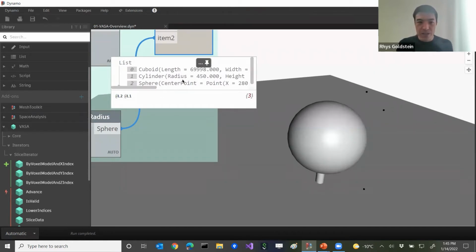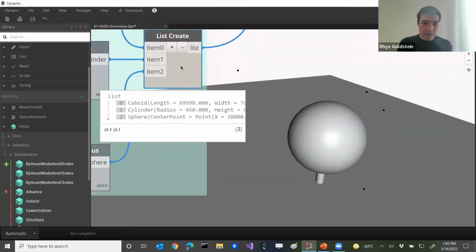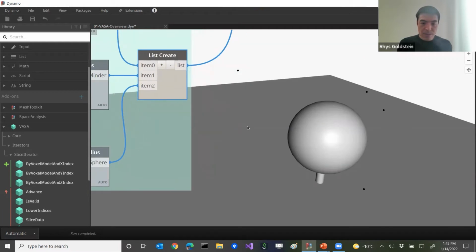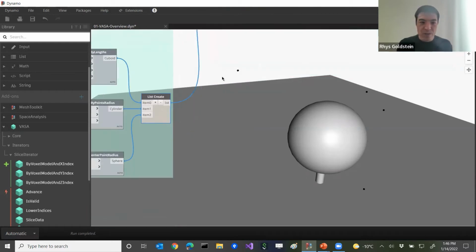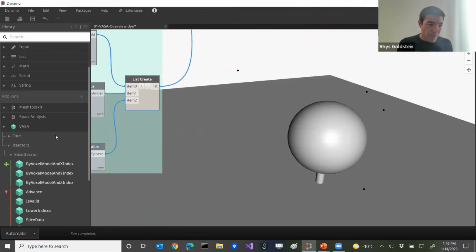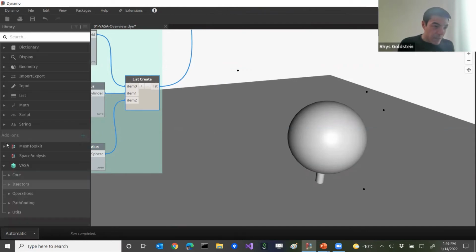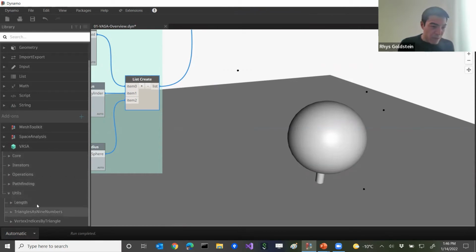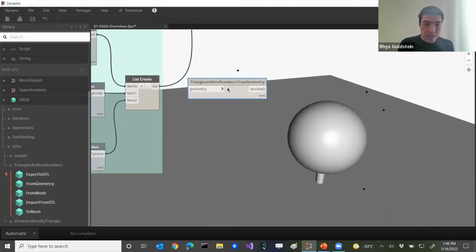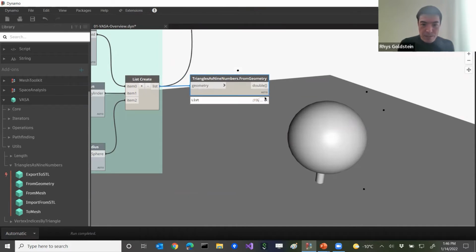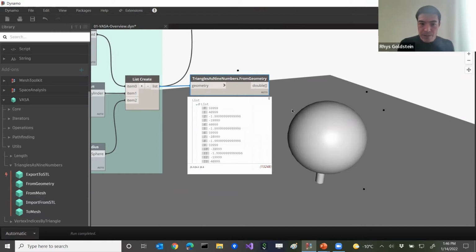So this was just three geometry objects: a cuboid for the ground, a cylinder for the trunk of the tree, and a sphere for the foliage of the tree. And let's see, what we're doing here in this example is we're bringing it into this voxel model by geometry node. I just want to show you a few other things we could do with it. So if we go to the VASA menu and go into Utils, we can go into triangles as 9 numbers from geometry. So now we can take that list, those 3 objects, and convert them into 3 lists of triangles, of triangle